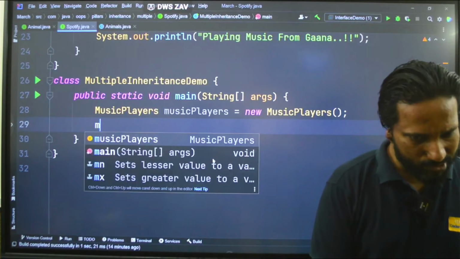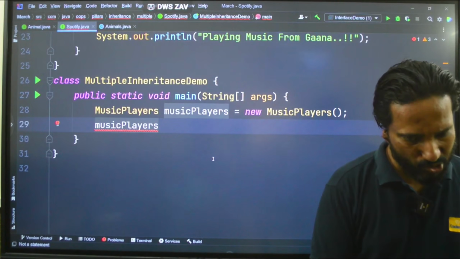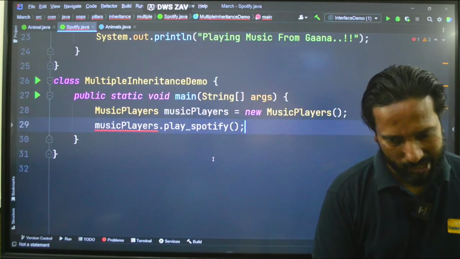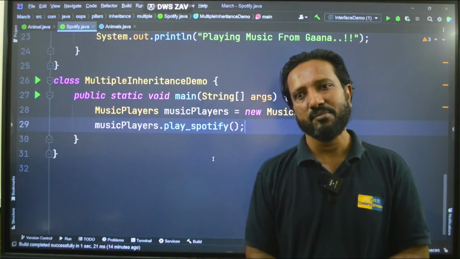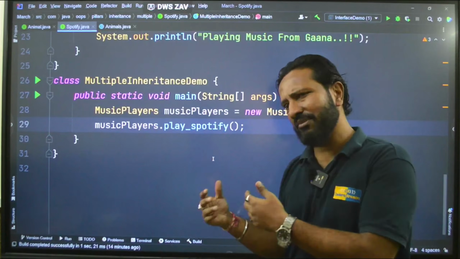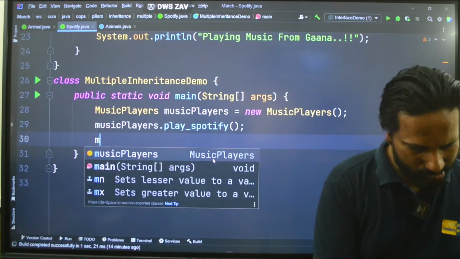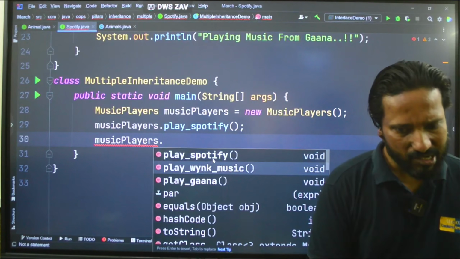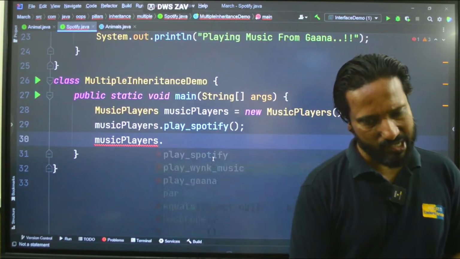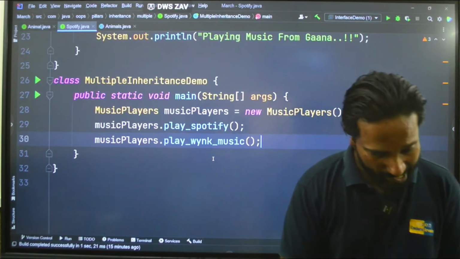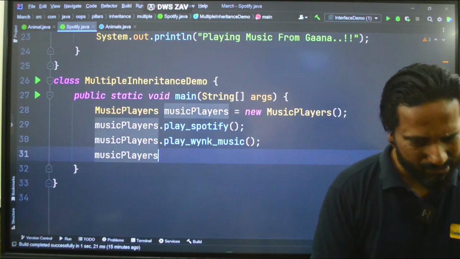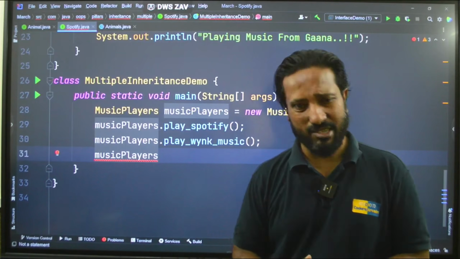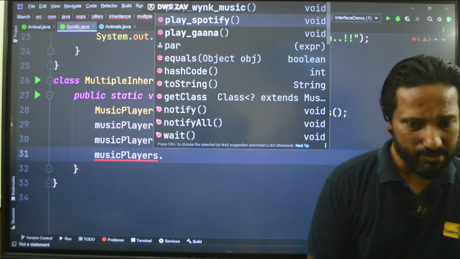So, I will say music players dot play Spotify. But after some time, say tomorrow, music players dot Wink Music, I want to go there, understood? And again, suppose after 1 month I am bored of these 2 applications, I want to listen to Ghana,